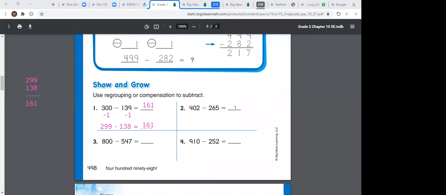Now, my dear students, let's answer the next question. Question number 2. We want to get 402 minus 265. Let's answer this question also by compensation. How can we answer this question by compensation? Please pay attention, grade 2. To answer this question by compensation, look at ones. Here the ones is 2, and we want to make 402